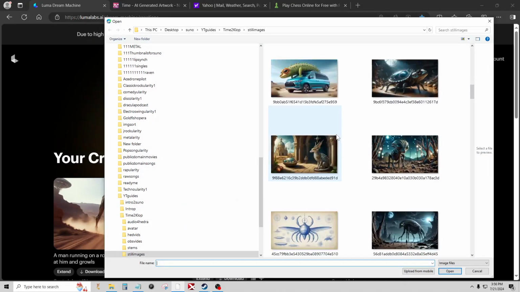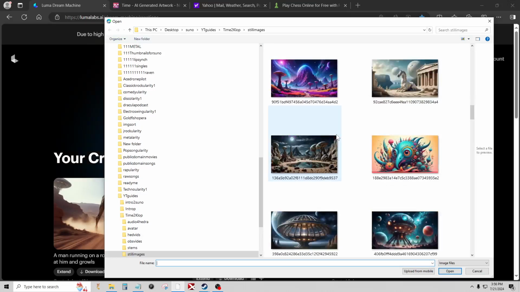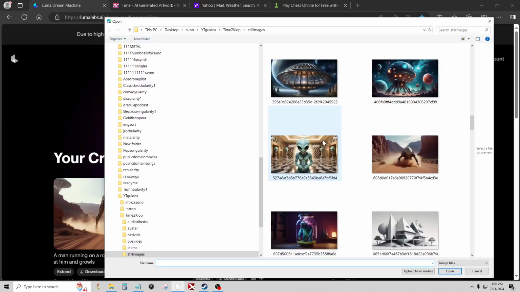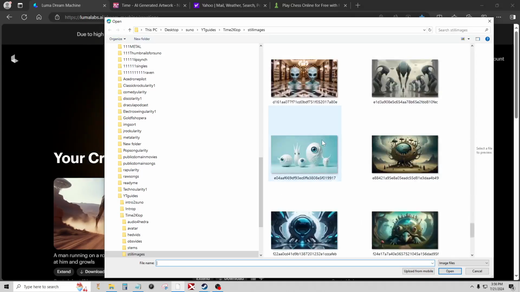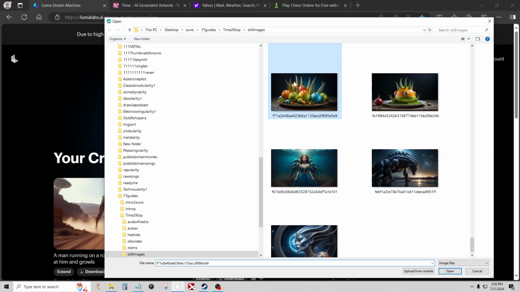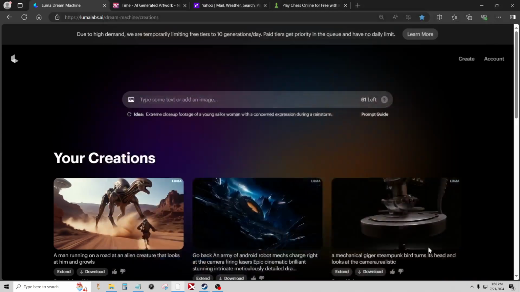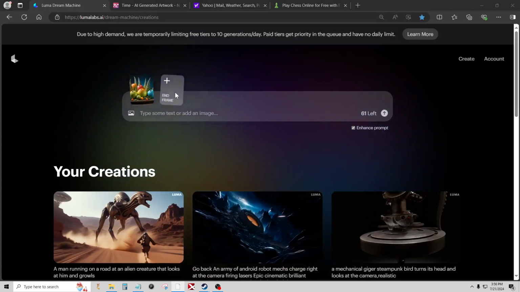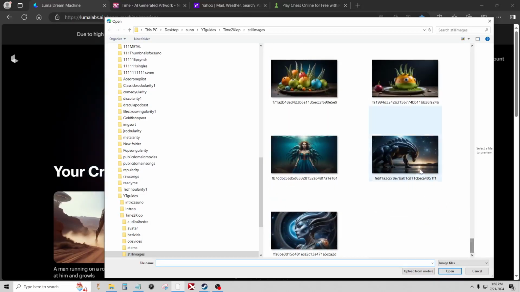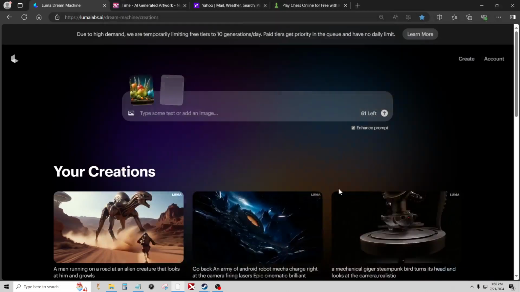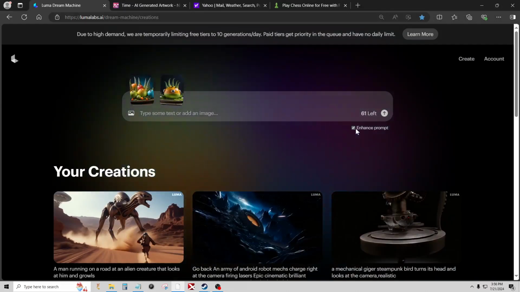These are all right. Sometimes these come out good, sometimes not so good. So what you want to do is pick two images that are fairly similar. I think I'm going to do the food. I know I've got a few of food. So I'm going to pick this one and then this one, and I'm not even going to put a prompt in. I'm just going to do this, and I'm going to use the enhanced prompt on,